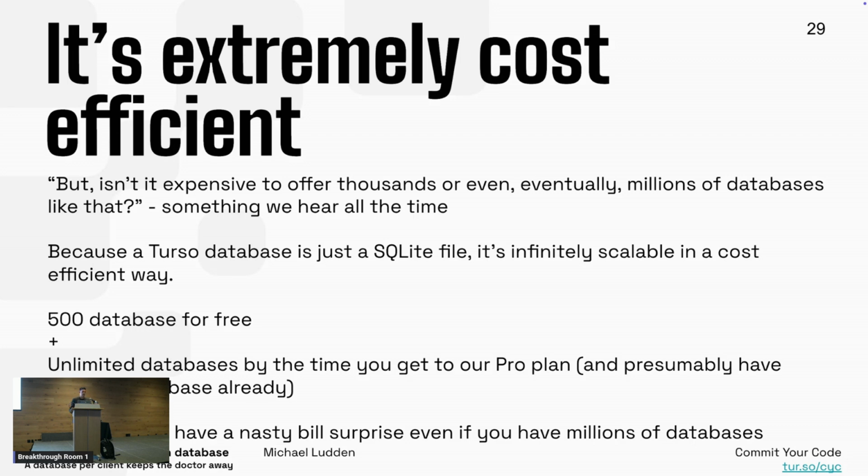I already gave examples, but it's just easy to think about like, okay, you start an offering and you have your first 500 users using it. Well, you can do that on our free tier very easily. And then all the way up to unlimited databases by the time you get to our pro plan, which is still a self-service plan. So you're never going to be receiving some sort of surprise billing because, oops, you got 1 million users and now that's going to cost you an insane amount because you have to pay for all those databases. It's practically free, unlimited databases when you think about the cost structure not being based on how many databases you have as much.